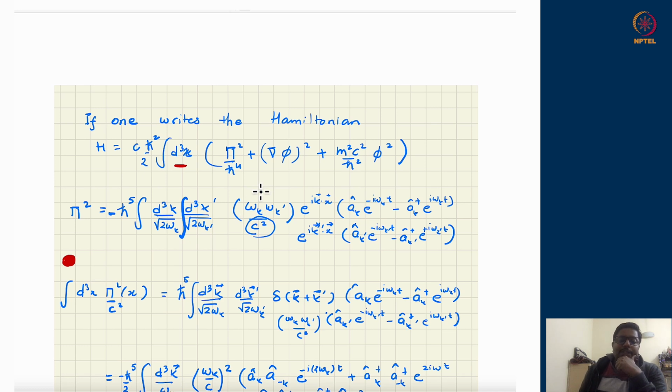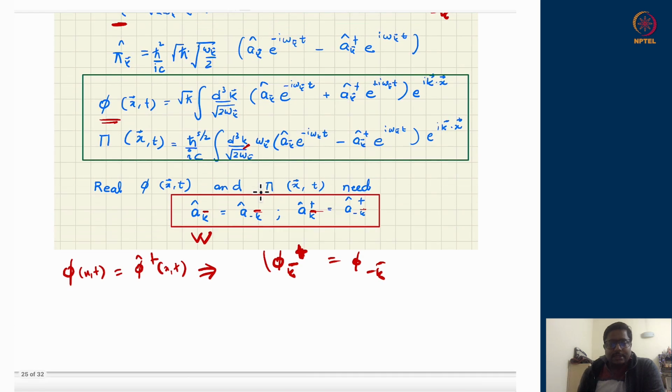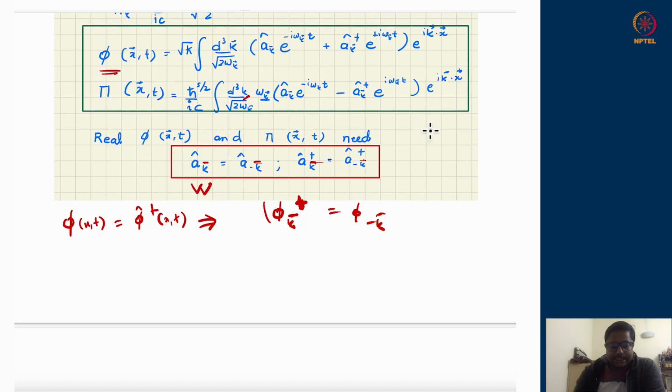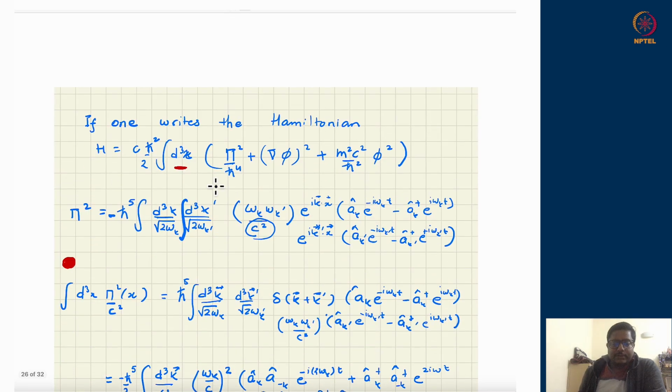Then inside quantities will appear twice, once with a vector k and once with the vector k primed. So inside quantities where this omega k, ak e to the power minus I omega t, a dagger e to the power I omega t, and e to the power I k dot x. So which has appeared here, omega k e to the power I k dot x, and this bracket which is appearing, and similar thing should appear for k primed as well. So all these quantities have appeared twice, and I have a pi square. So let me keep the minus sign everywhere which I apparently had not written down. So let me correct it.